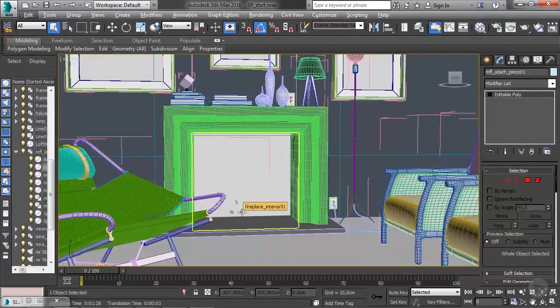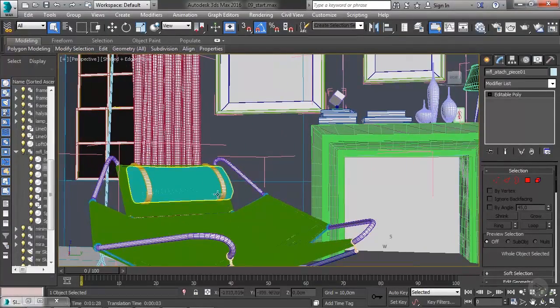And in the next lesson, we are going to build our last basic material, which is the leather for this